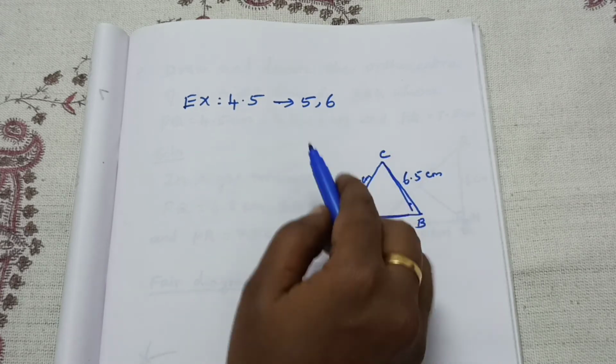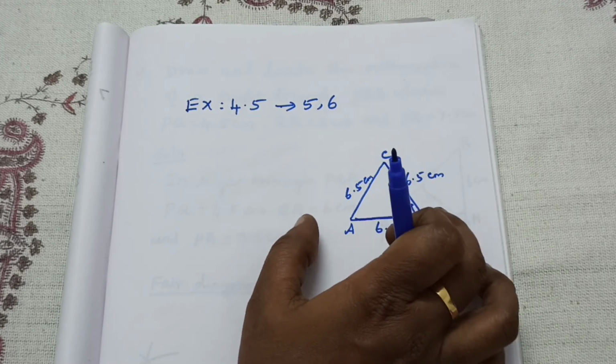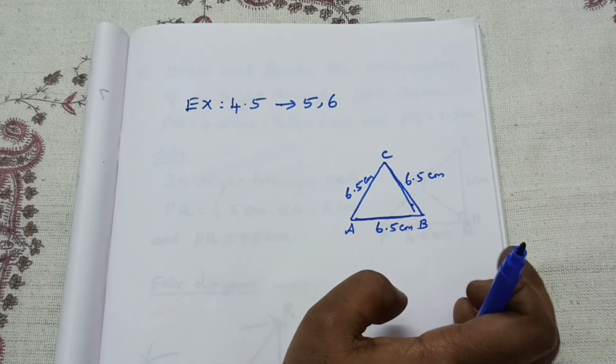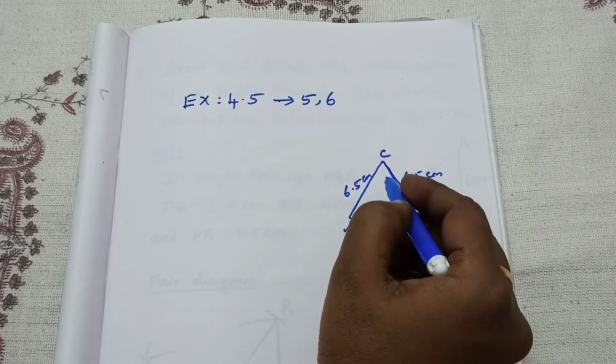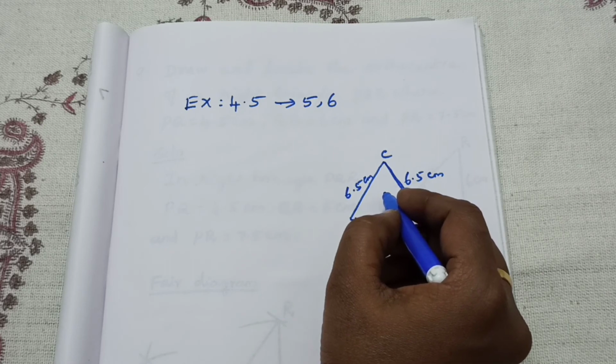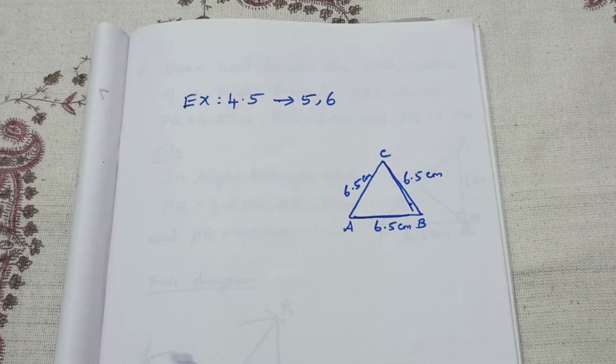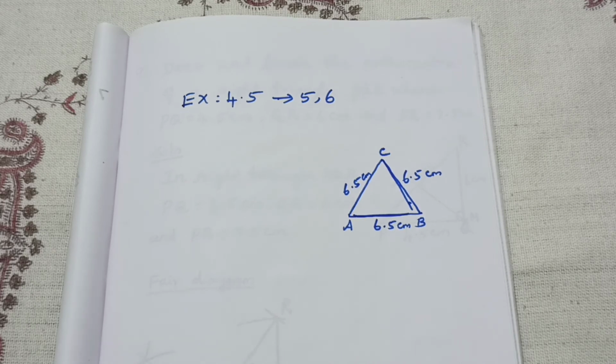Afterwards any two sides you take, any two vertices you take, and draw the altitude. Okay, draw the altitude. Anyway, inside of a triangle only you will get the orthocenter. This is the acute angle triangle. Have you understood? If you have any doubt, you can ask me in the doubt clearing section.